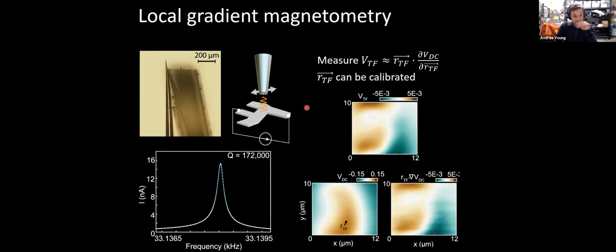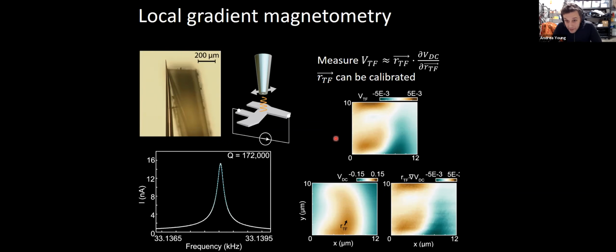But the data I will show you is taken using essentially gradient magnetometry. So we have our tip coupled to a tuning fork, and that tuning fork oscillates at 32 kilohertz. And that allows us to measure the SQUID response at a frequency well above the 1/f noise. The price we pay is that we don't actually sense the magnetic field. We rather sense the derivative of the magnetic field with respect to the direction that the tuning fork makes the tip oscillate.